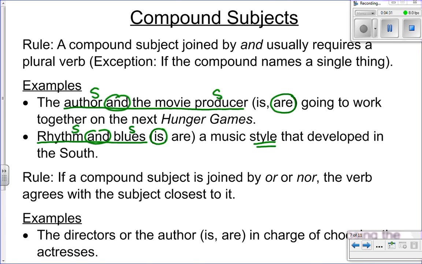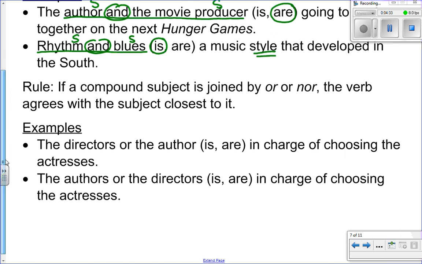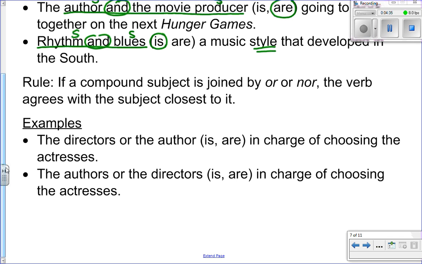Now in the next section, let's talk about the other rule for compound subjects. If a compound subject is joined by the words or nor, the verb agrees with the subject closest to it. Here's a little word tip that might help you. When you see or nor, ignore everything before. So let's take a look at some examples. I see the word or, I ignore everything before, which